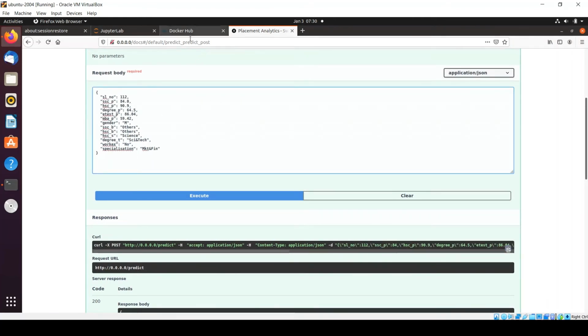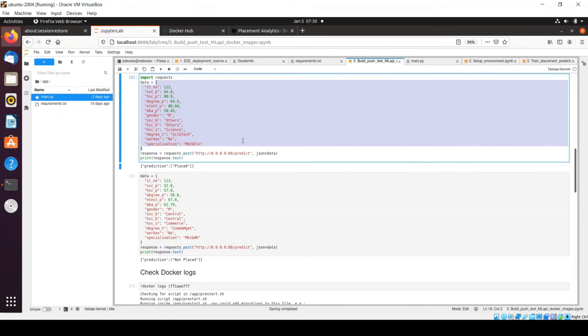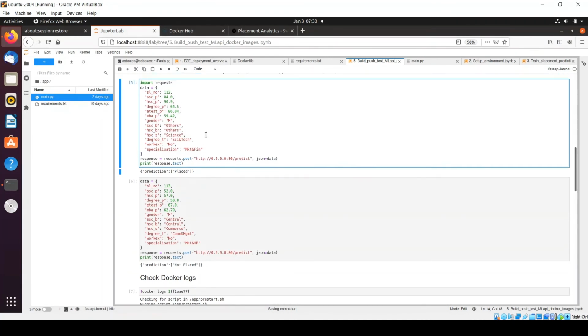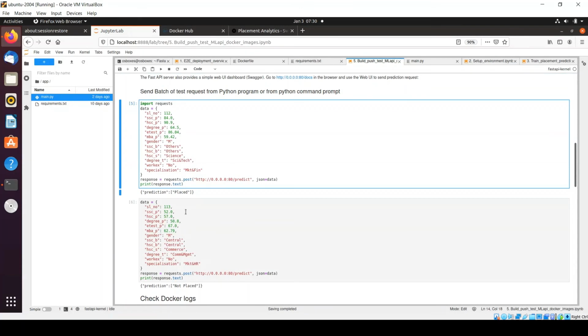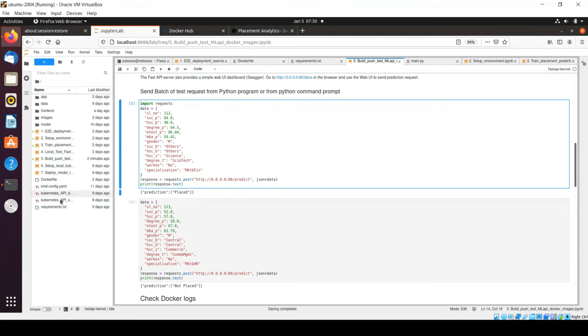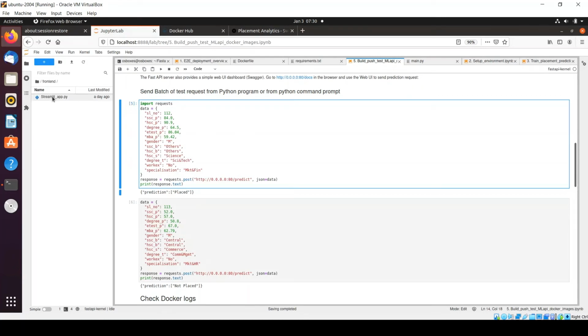So in this way, we can invoke machine learning API using different methods, either with the help of Swagger UI or with the help of your Python package. And now we'll take one step ahead, and now we'll try to modify the front-end web app. So front-end web app, I have stored it within this directory. We'll simply click it.